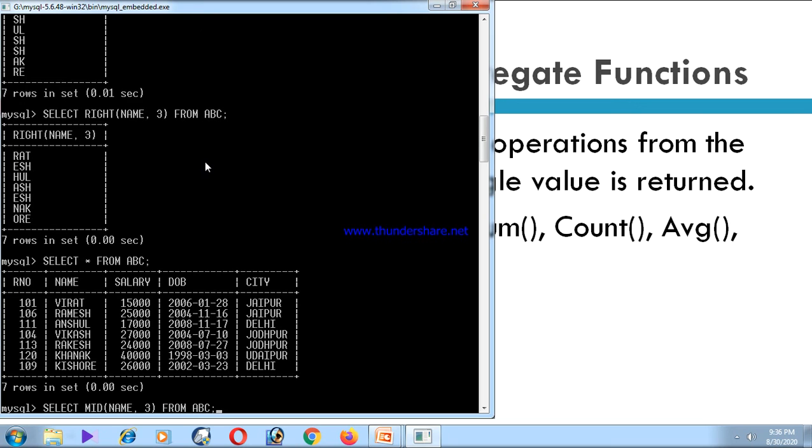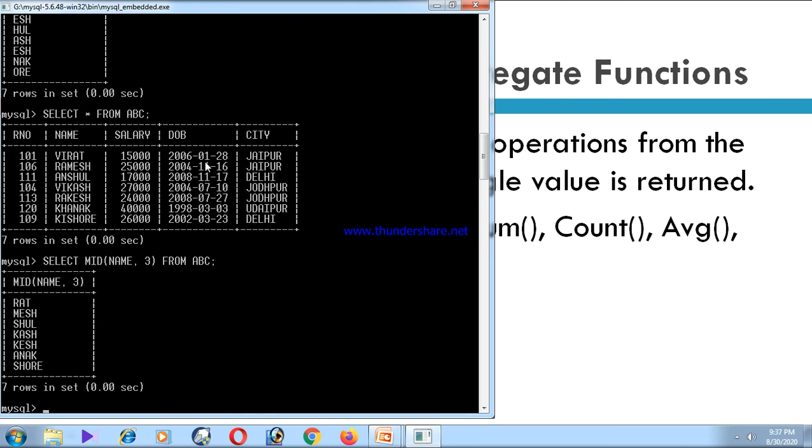from 1. So here, the first record Virat, V is at first position, I is at second position, R is at third position. So if I use select mid name, comma 3, the computer will generate the output from the third alphabet of the column. Check it out.